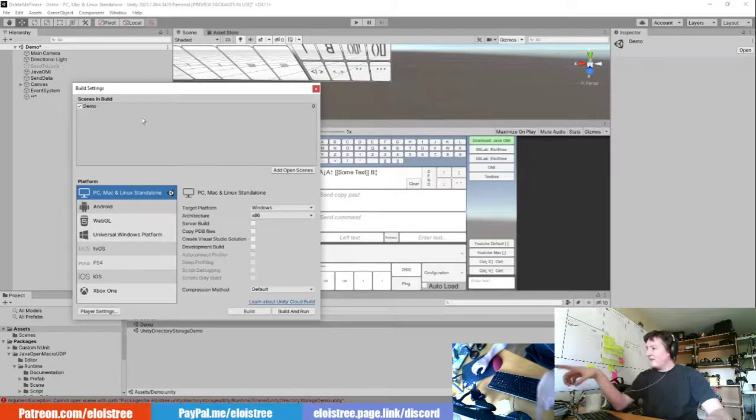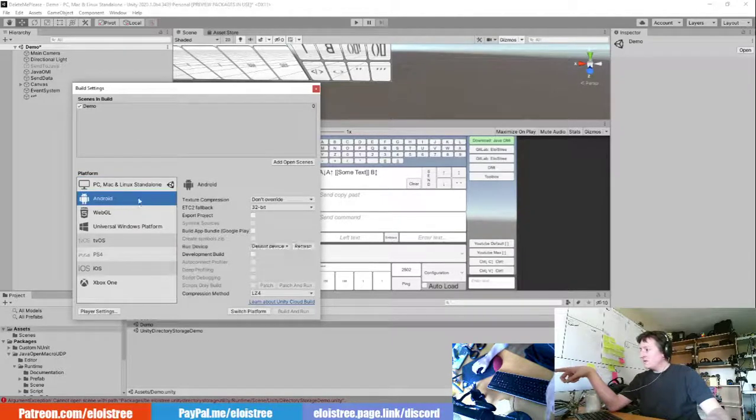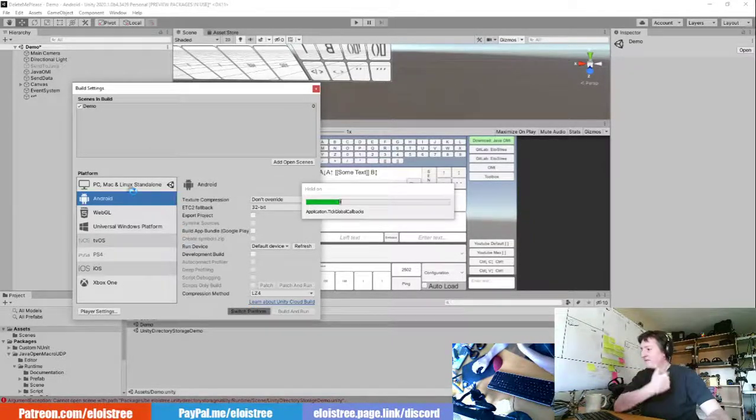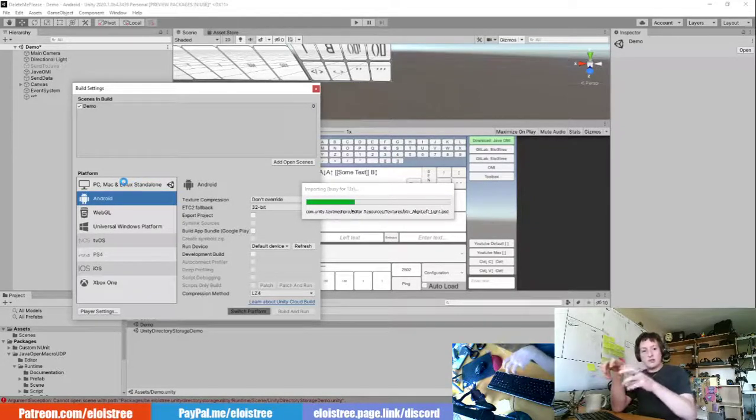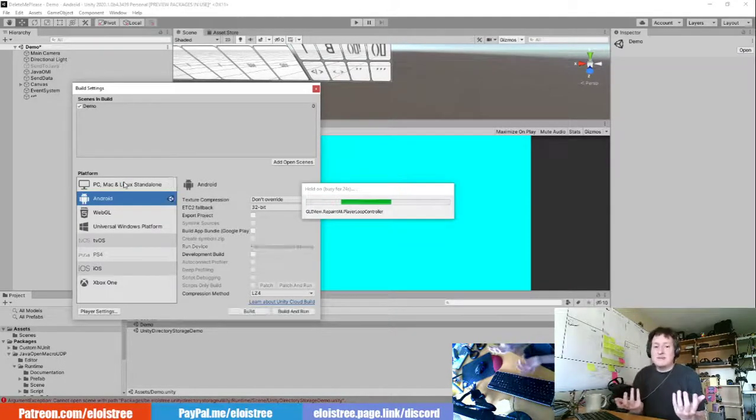You add the current scene you're working on, so click here to add the current scene. You say that you want to have some Android, so here you make switch platform. So here it's recompiling for Android. Because for the moment we are creating the tool for Windows. It works on Windows, so if you want to make an application on another PC that is sending information to another one, you can use it for Windows. There is no problem. It's less cool, I mean, but yeah, you can do it too.